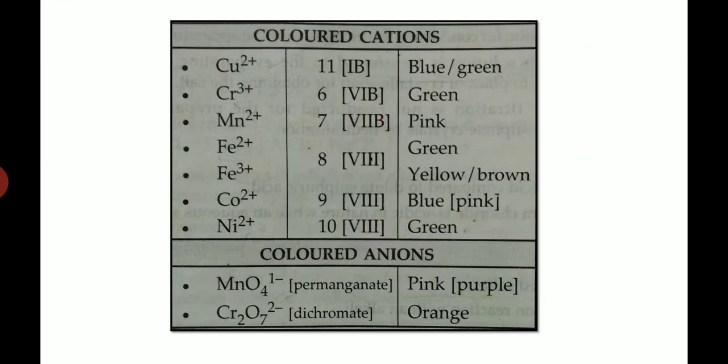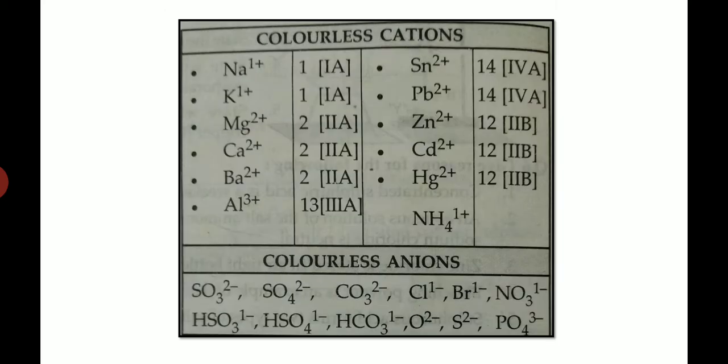So these colored cations and anions are important, okay? You need to remember the colors of these cations and anions. Next, we will know about those cations and anions which are colorless. That means they are white. In chemistry, if a compound or a salt is white in color, we will consider it as colorless. In practical, we consider white as a color, right? But in chemistry, we will consider white as colorless.